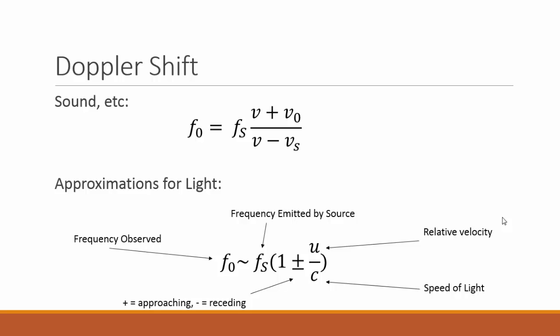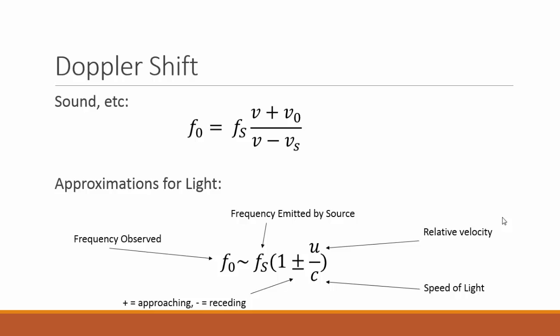In this video, we'll be discussing something called the Doppler shift and seeing how it applies to light. Now, the Doppler shift is a general phenomenon that happens for all waves. The idea is that if you approach a sound source or a light source or any other source of a wave, the frequency you observe is different than the frequency that's been emitted by that source. And typically, as you approach that source, the frequency is higher, and if you go away from the source, the